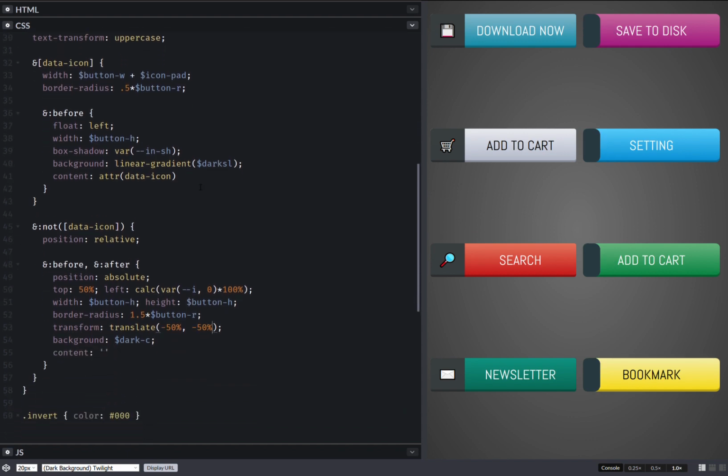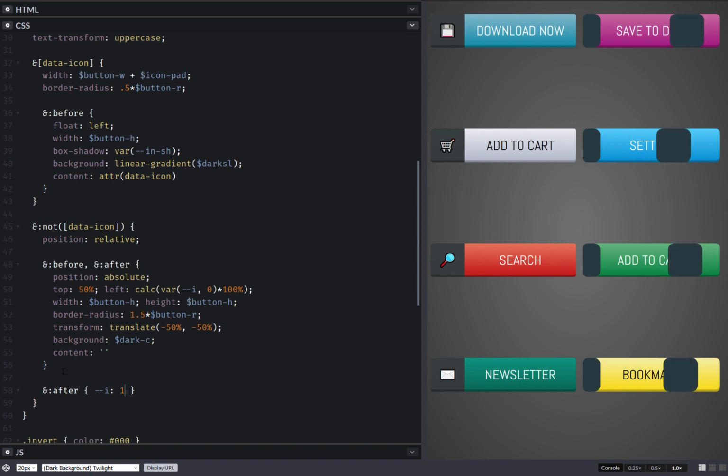Okay, and now for the after, I switch that custom property to 1, and it's at the other end. Okay, that's good. Now let's do something else,